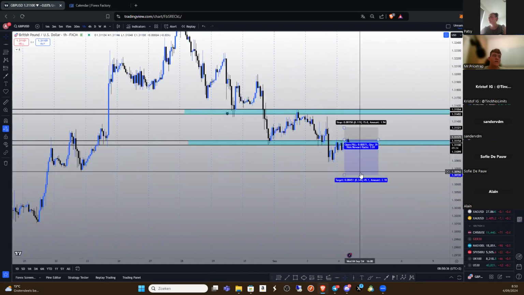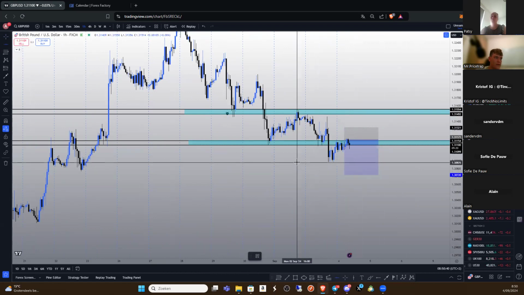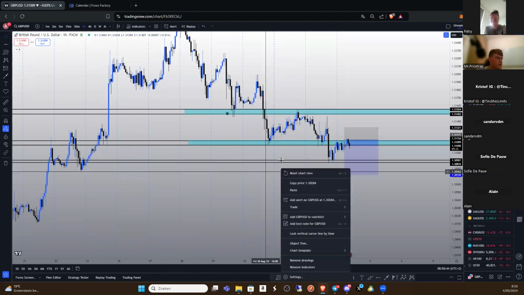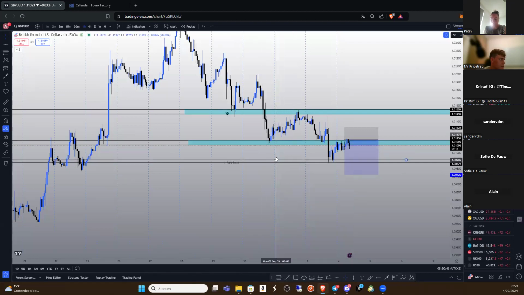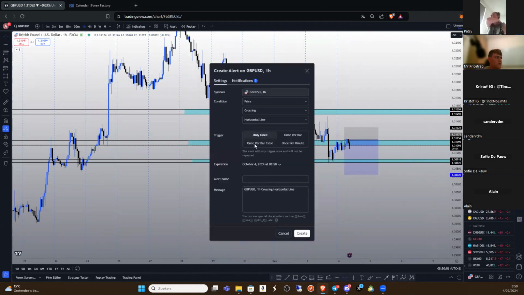Let's see if we can respect this and go to the downside, hit that 1-on-3 risk to reward. Then we can also look for another breakout retest of this support zone. Okay, just telling you guys this: if you're missing out on entries, don't worry. We can simply wait for the next market structure and the next breakout. Okay, so let's put an alert on this one. Crossing down, once per bar close.